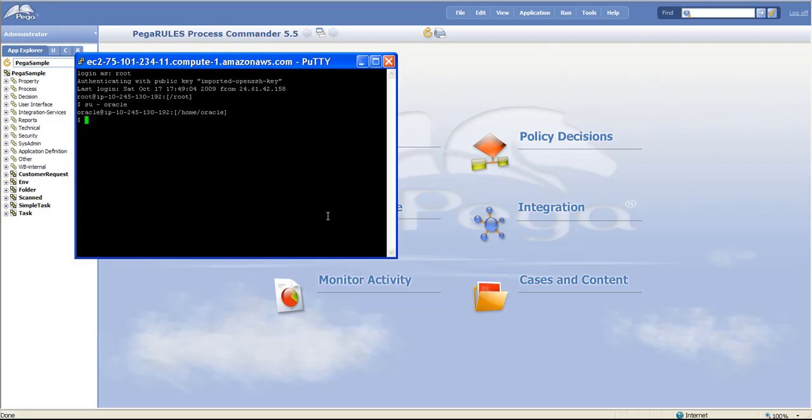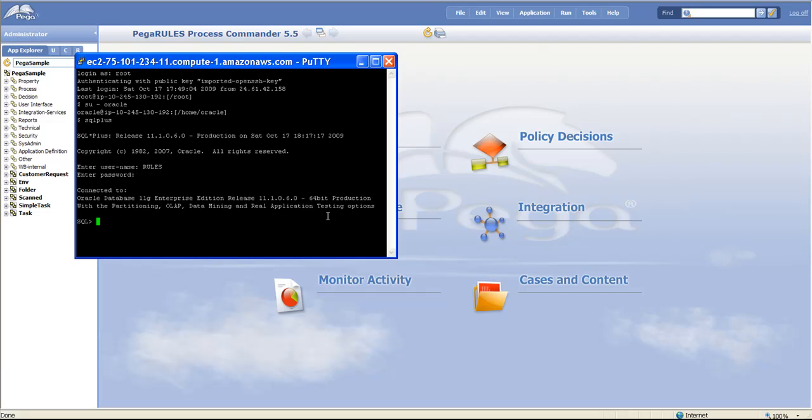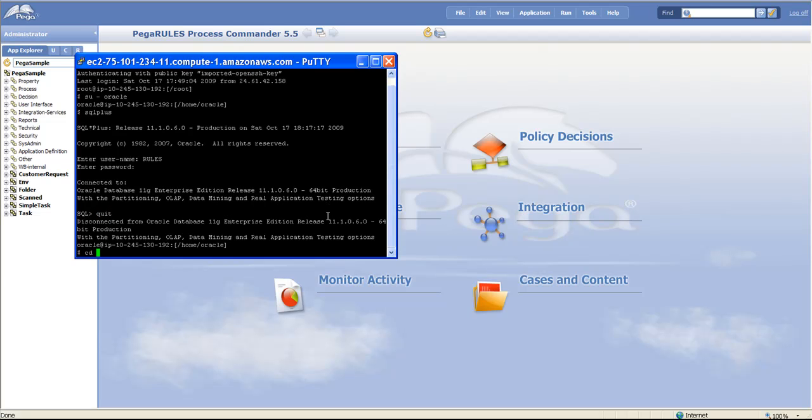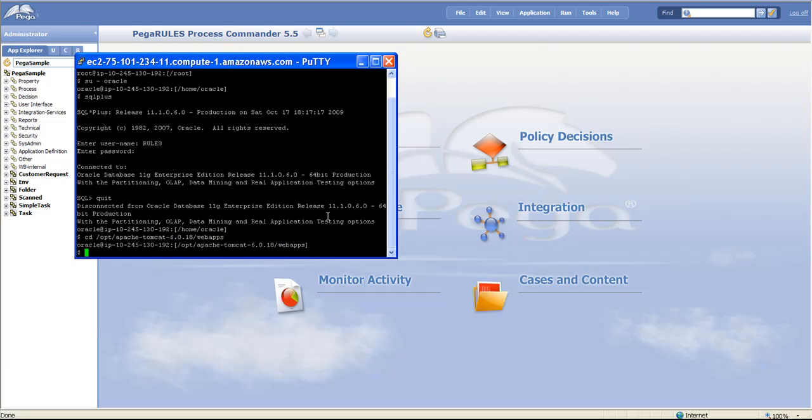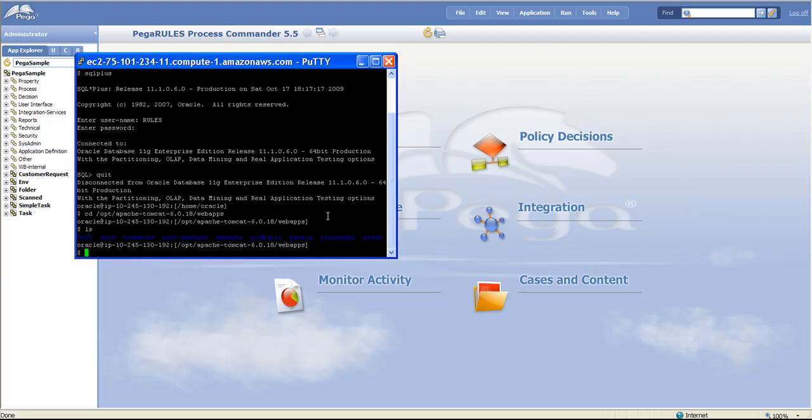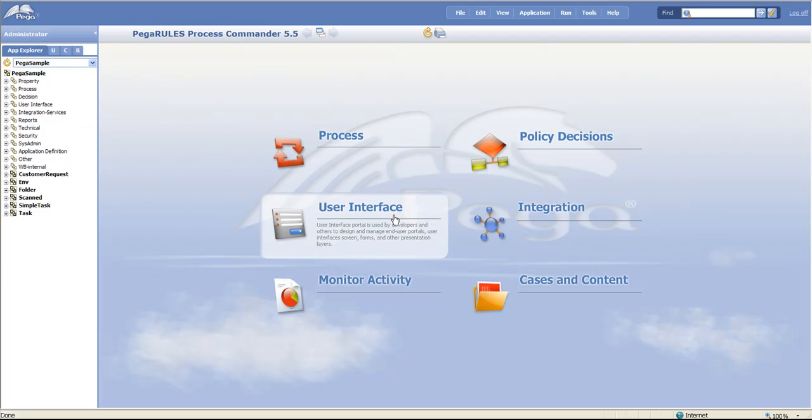And you have access to the database that the system is running on. So logging in here as the Oracle user, and I can go ahead and do anything that you might expect an Oracle admin to be able to do. You can go right down to the application server and add your own WAR files, jar files, etc. So you really have complete control over your system when you're using SmartPaaS to encrypt the database, encrypt the file system with your own keys, and have complete control over the way you want to build and deploy your smart BPM